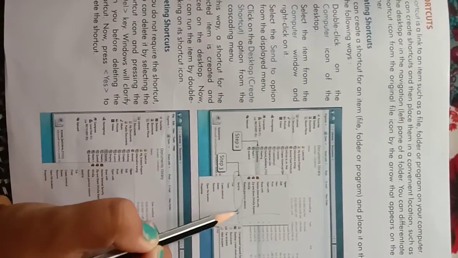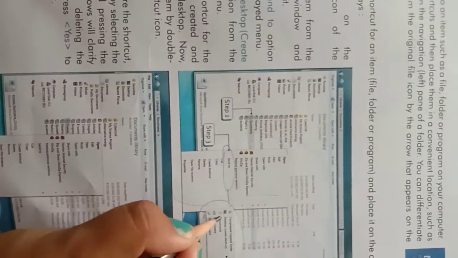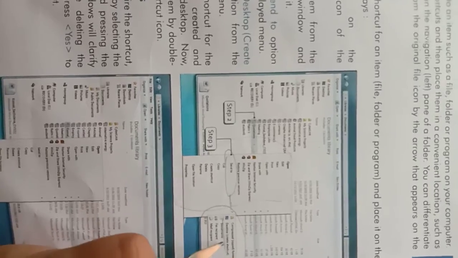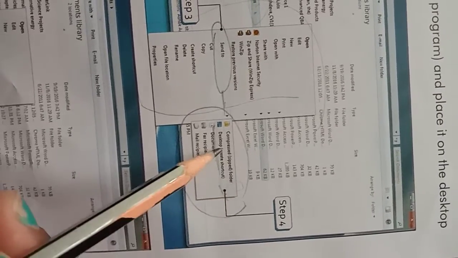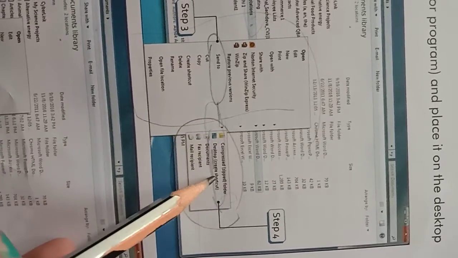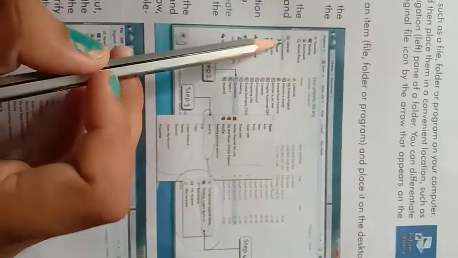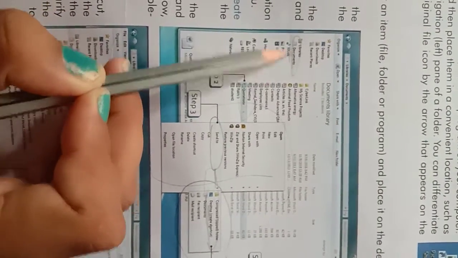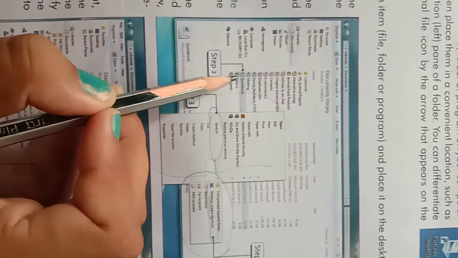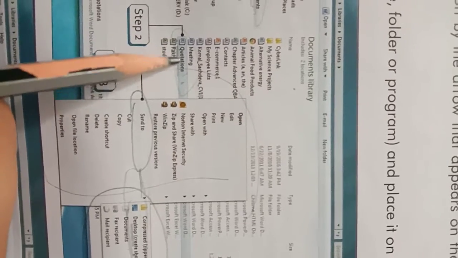Afterwards this drop down menu will appear. Then you have to select desktop from here, and in the bracket there is also given the create shortcut option, and if you click on this option, your shortcut will be displayed on the desktop by itself. For example, your file is in the documents section, then you have to go to documents, and here is a file named quotations. You want to create a shortcut for this.